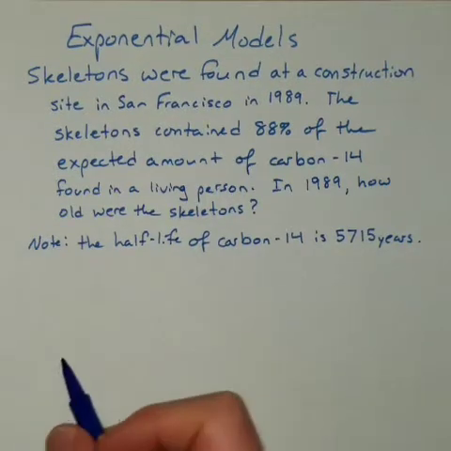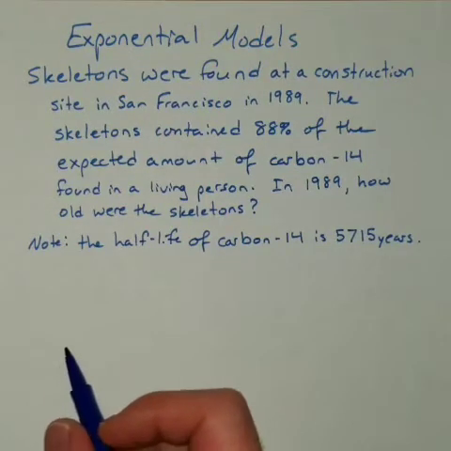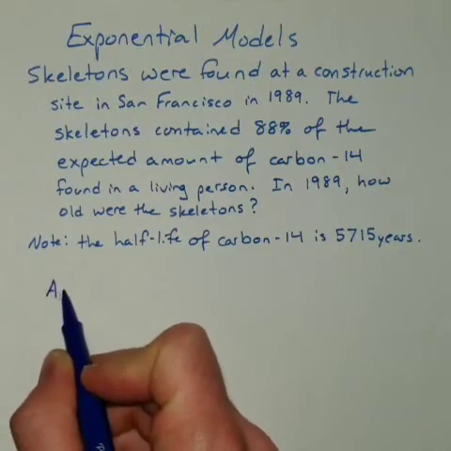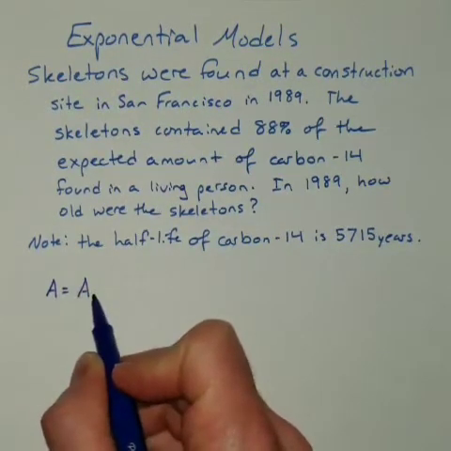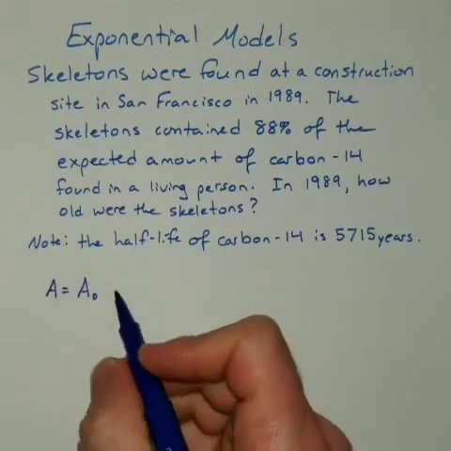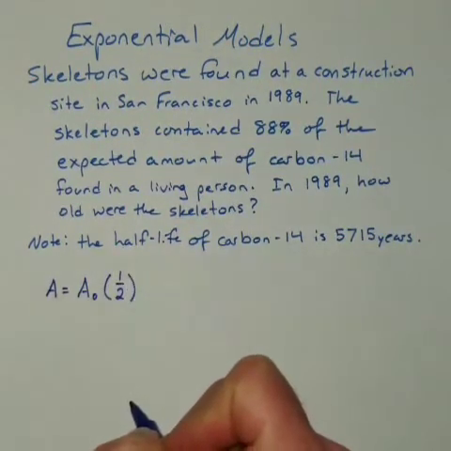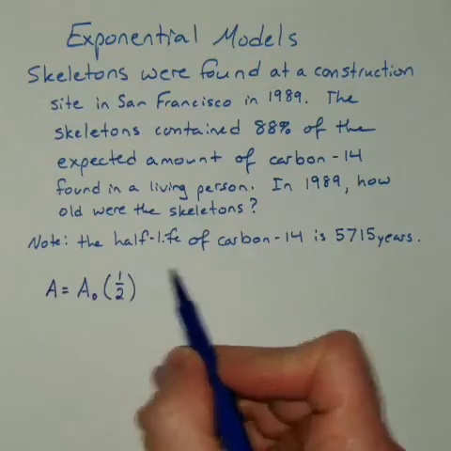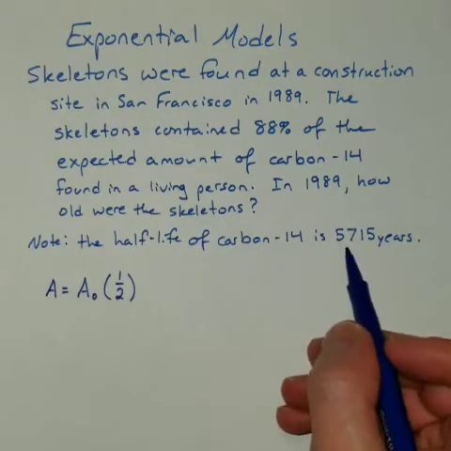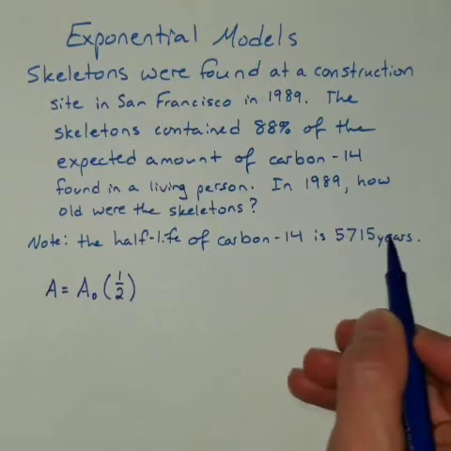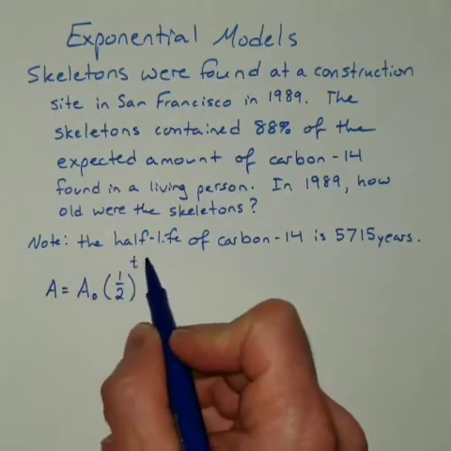So remember, when we did this in the last example, we started out with A for the final amount, A sub 0 for the initial value. Half-life has a base of 1/2. And then our exponent was time in years divided by the half-life. So it's time divided by